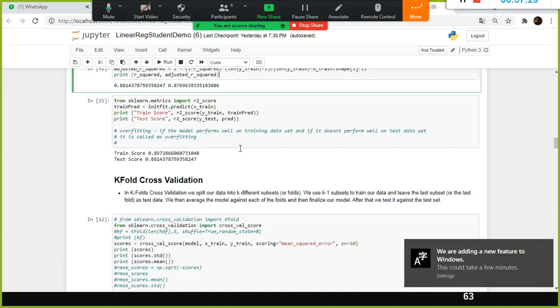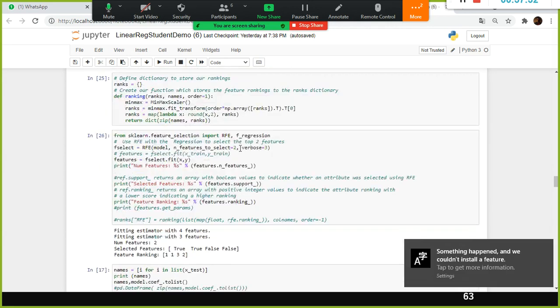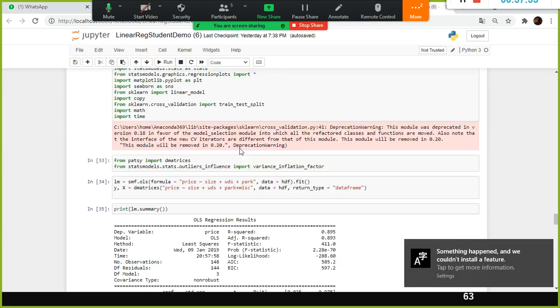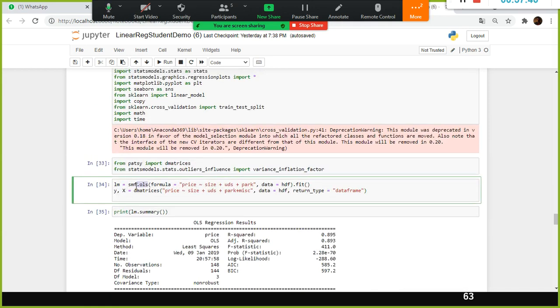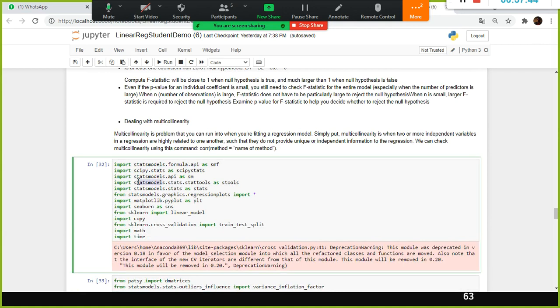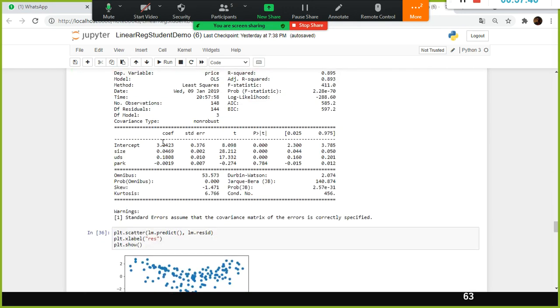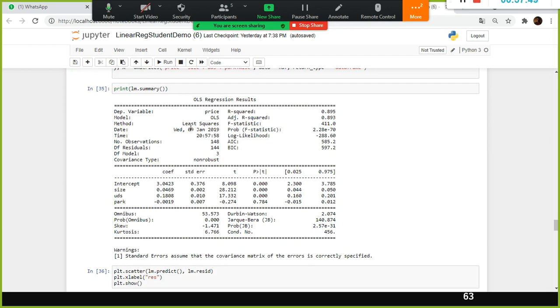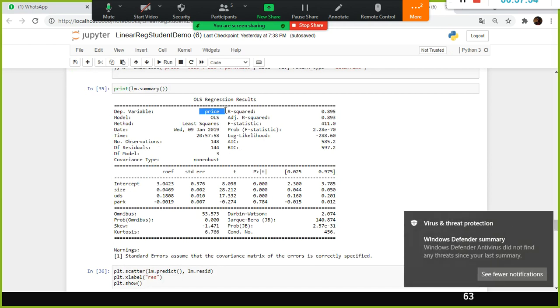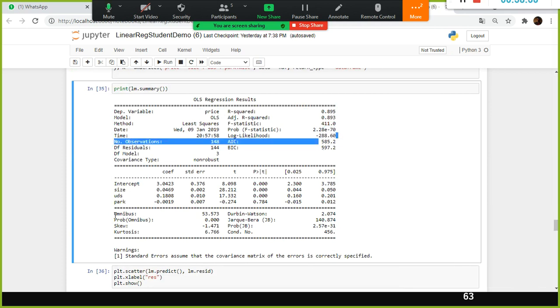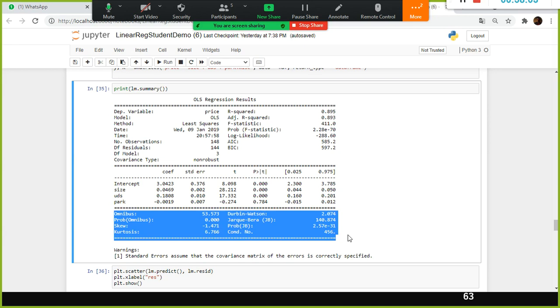Okay, it's painful. But there is something called the OLS function available in Python. That one gives much more. Look here, there is something called OLS. This OLS is available as part of the statsmodels package. It gives you much more detailed information about your model. The dependent variable is the housing price, and then R squared value, adjusted R squared, F statistic, everything it gives. In addition, it gives all these statistics: Durbin-Watson, Jarque-Bera, all the intercepts, somewhat similar to the R summary function.